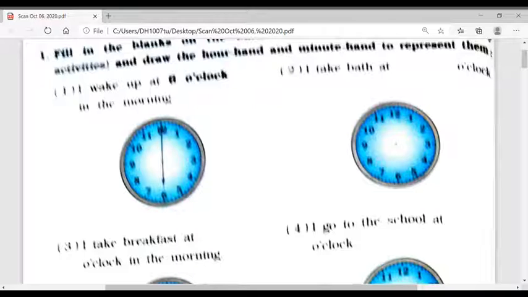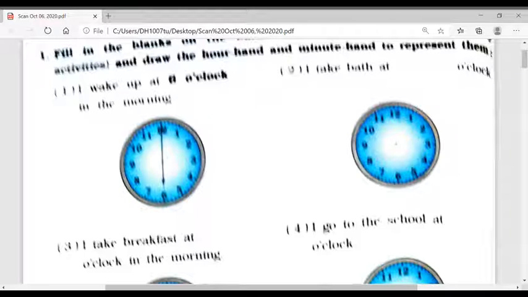So you have to complete this page 58, 59 and 60. Even a few figures are also drawn at page number 61. You have to complete these. I am just guiding you how to complete your work.